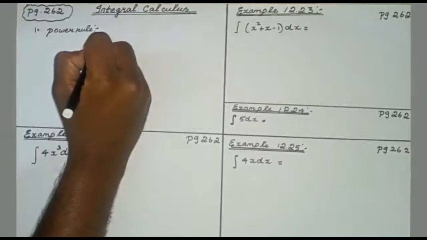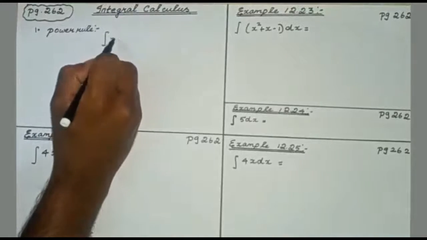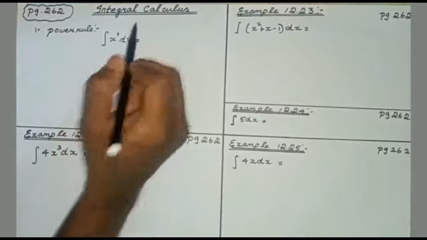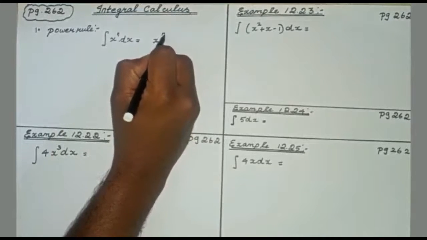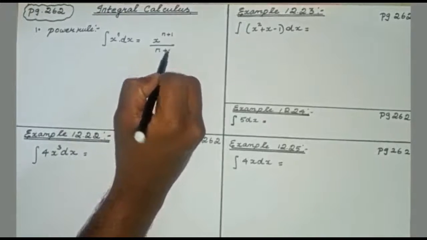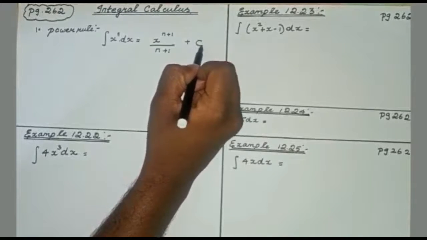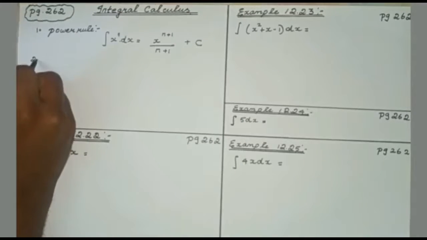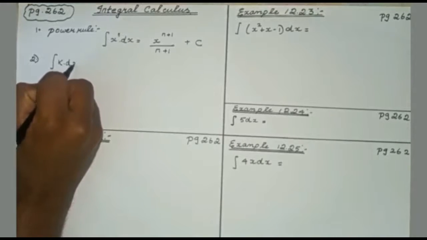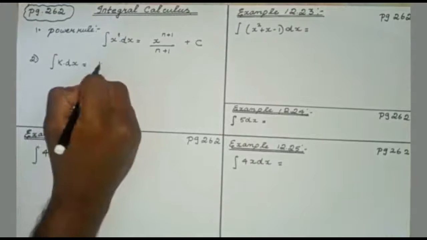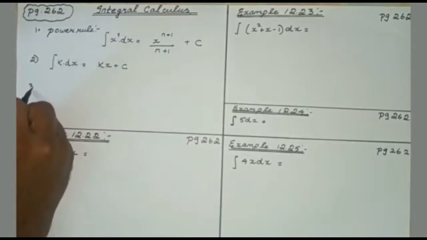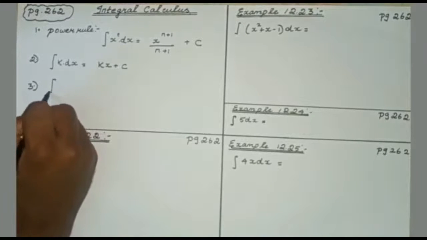Starting with the power rule, which is the basic rule under integral calculus, integrating x to the power n multiplied with dx will change as follows, where the x will remain the same in integrating, whereas the power and the denominator will give a new change, that is the power n will have 1 added to it, so that n plus 1, and the same will be copied in the denominator. An important note to be followed here is it is better to add the sign plus c after the integrated value to show that the following part is integrated.